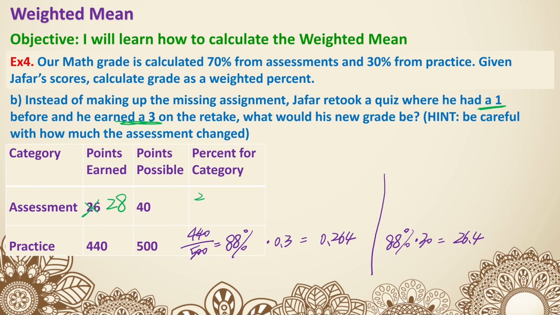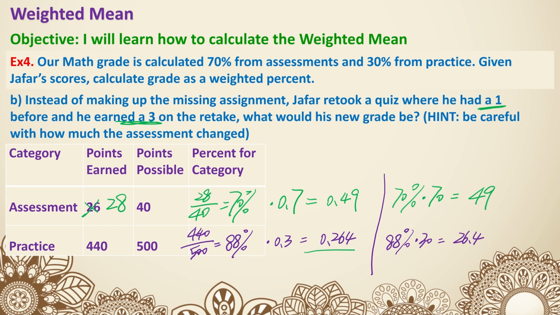They're going to follow the same process. 28 over 40, that is 70%. You can choose to multiply by a 0.7. That is going to give you a 0.49. Or you can choose to use the 70% times by 70. That's going to give you a 49. And then you add them together. You can either choose to use the decimal, which is going to give you 0.754. Or you can just ignore the percent sign and add them this way. No matter what, the result is